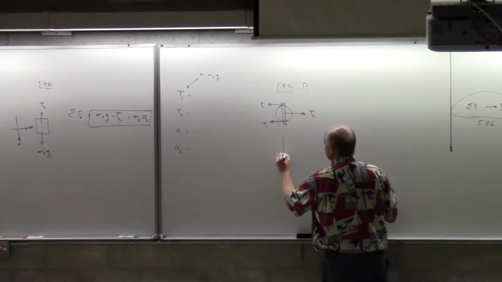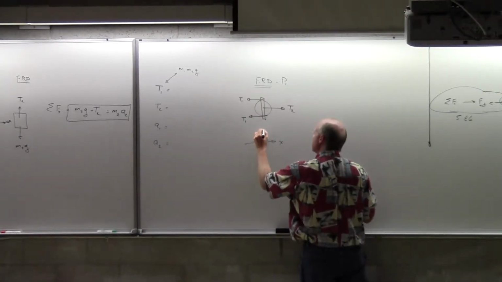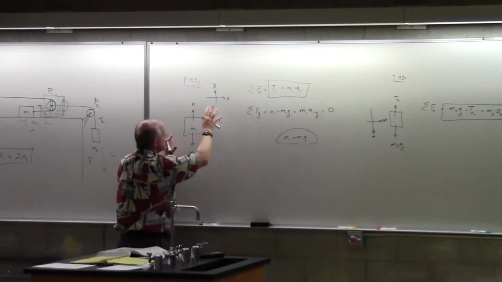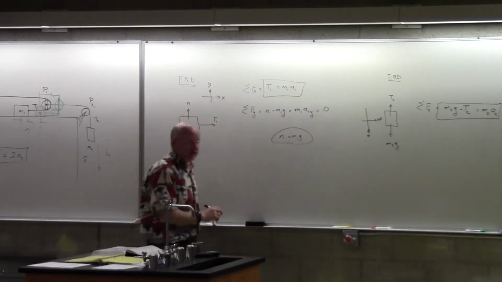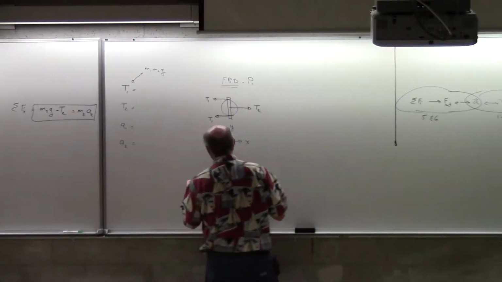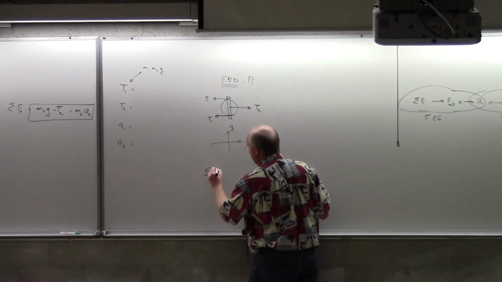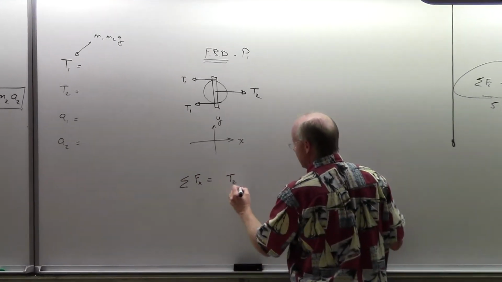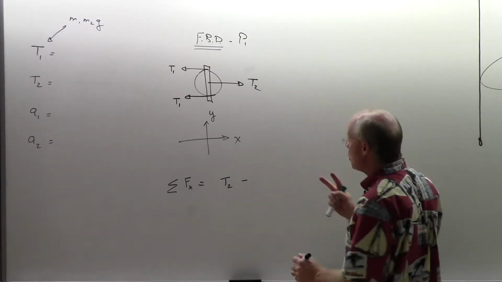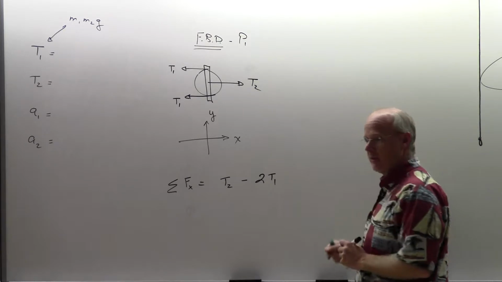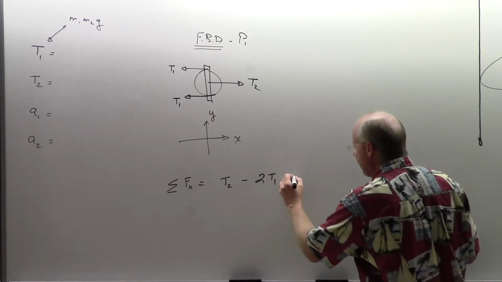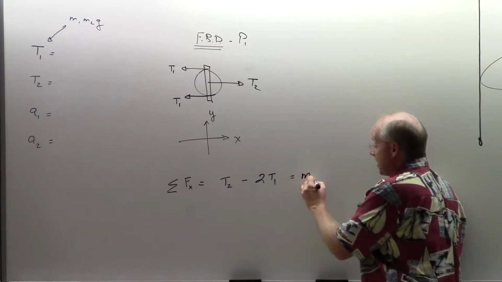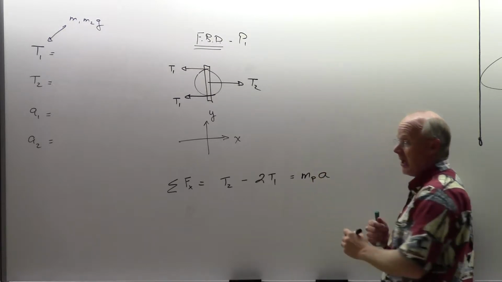So again, let's pick a coordinate system. And to be consistent with our other objects, let's call it like this coordinate system here, where if it moves to the right, that's our x-axis. So as I add up my forces in the x direction, what do I get? T2 minus 2 T1, that's really the key right there, equals what? Okay, mass of pulley times the acceleration of